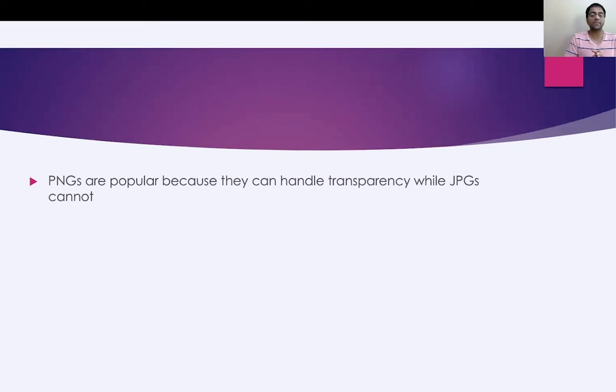PNGs are great for logo designing because let's say you are designing this logo in Illustrator. Usually you'll start off with a small white background on which you are creating this logo. And transparency is something, once you crop this logo out of that white background, you can save it as PNG, which means it saves the transparency, which means the logo does not have any matte background with it. So you can put that PNG graphic on a screen or on a website without having to have that ugly